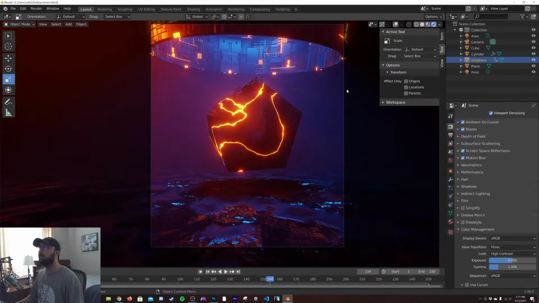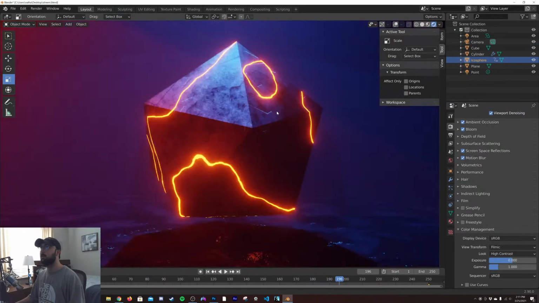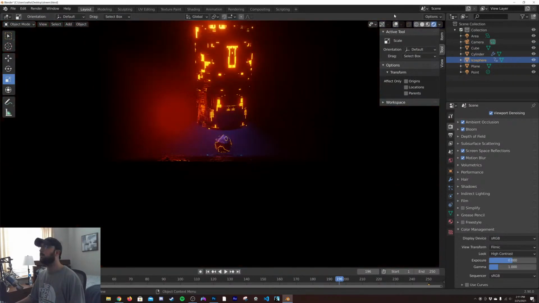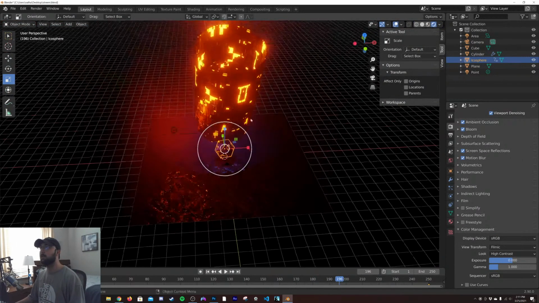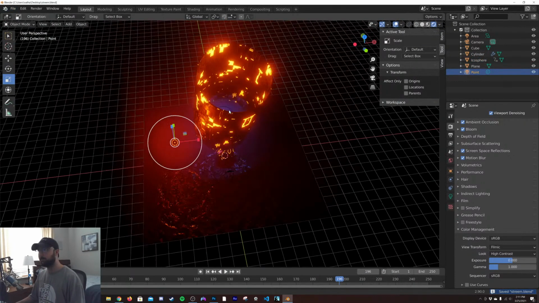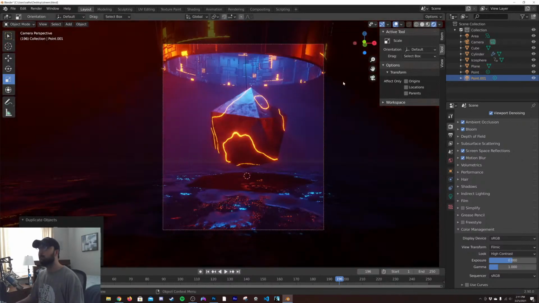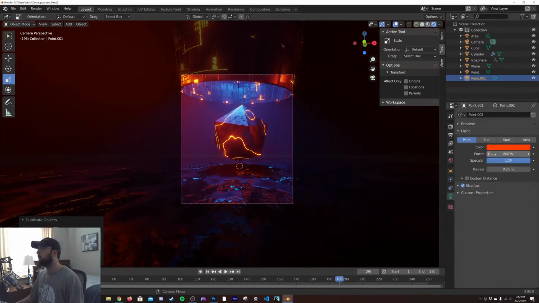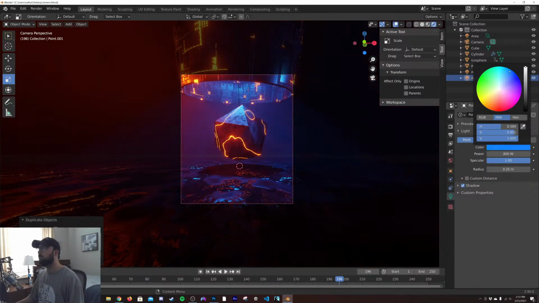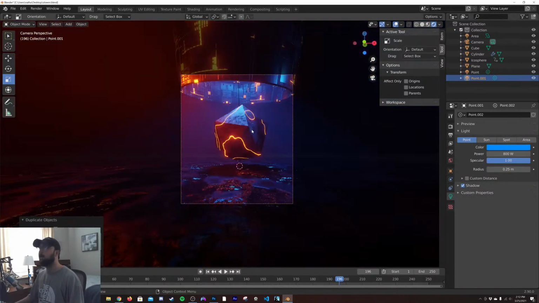All right, let's see how this looks now. Let's get another area light, another point light, to get another level of lighting here. And I haven't saved my project file in a hot minute. Duplicate. Over here. And I'm going to make that light blue. Cool, cool, cool. Like it a lot.